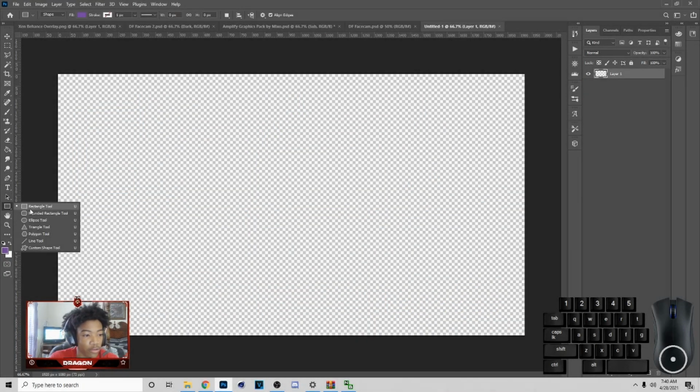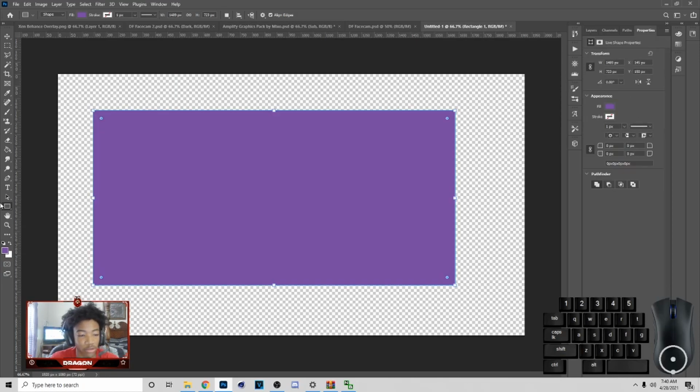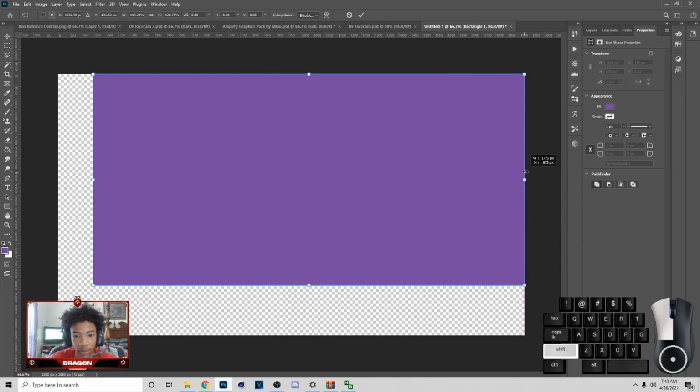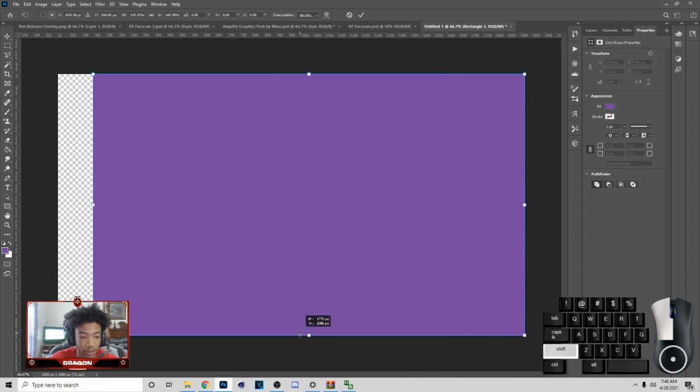Now you want to go to the rectangle tool and you just want to drag this across. The shortcut for the rectangle tool is U on your keyboard, or you can just drag it across. Now that you do that, you want to go to the move tool, hold shift and bring it up. I do have my little keyboard showing you guys how to do stuff also,